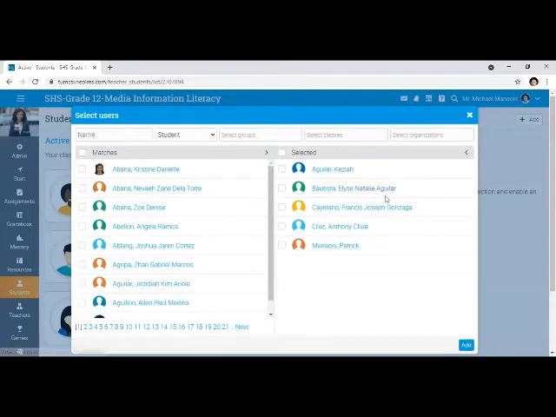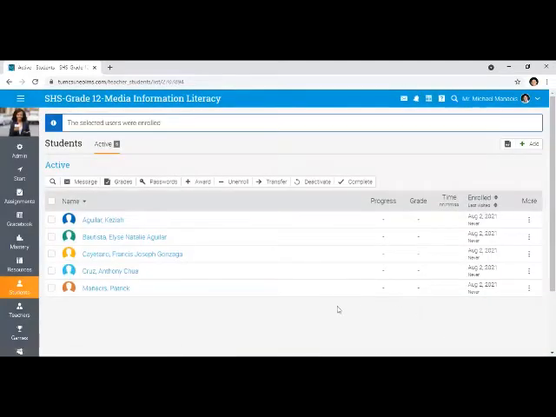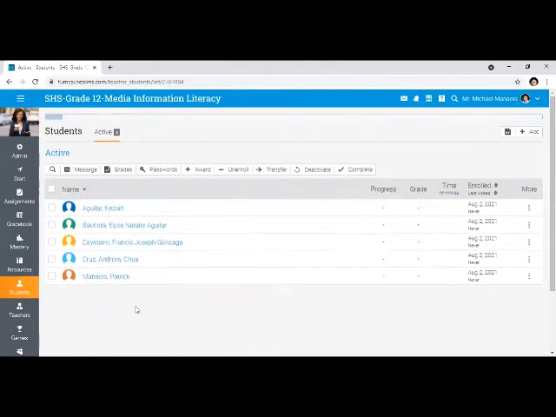Then, once na-add nyo na lahat ng students na nandoon sa inyong class list, simply click the checkbox here and then click Add. After clicking Add, you will notice here under the students, lahat ng mga chinus ko kanina are already part